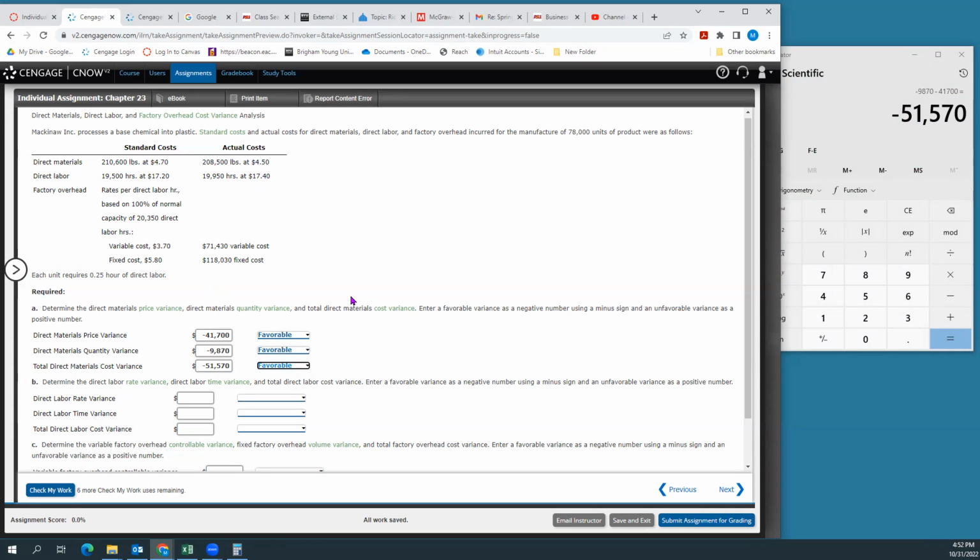So let's look at our direct labor rate variance and time variance, and then we'll get our total direct labor variance. We'll start with our direct labor rate variance. Again, that's the variance based on the difference in rate. Here we planned for $17.20. It actually cost us $17.40, so that's going to be an unfavorable variance. I'm just going to take my actual rate per hour,